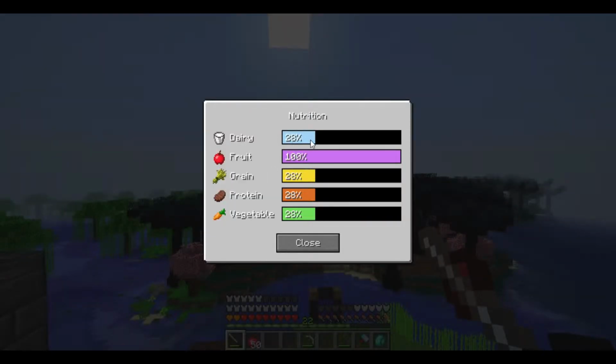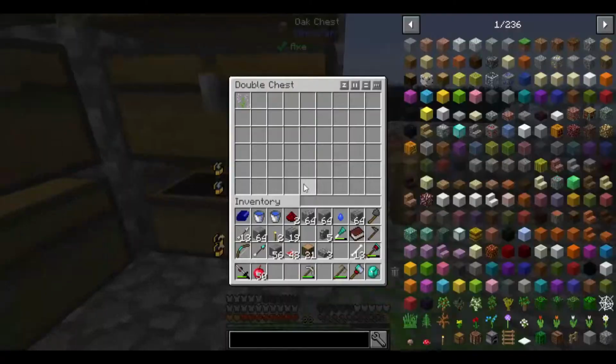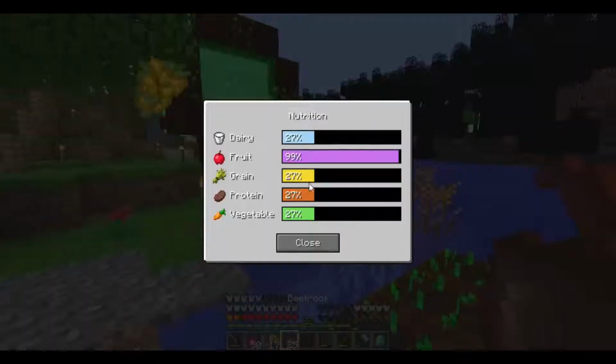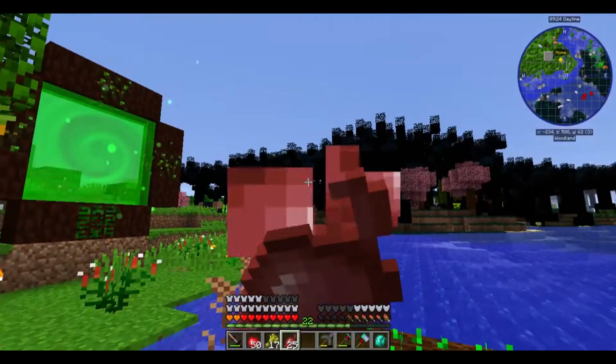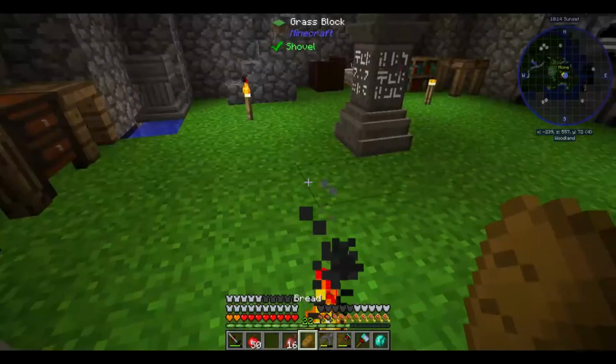But I need dairy, fruit, grain, protein, and vegetable. That probably should be vegetables, but oh well. And I need all of these things, and my purely fruit diet is causing me to get mining fatigue. So I need to sort that out, and I actually have quite a few different forms of seeds. I could probably do this pretty easily. So look at my nutrition. I currently have vegetable at 27. If I just snack on one of these real quick, it's now at 28. So if I bread,